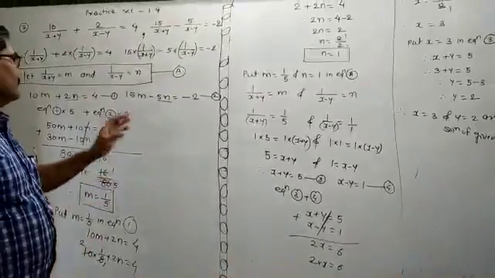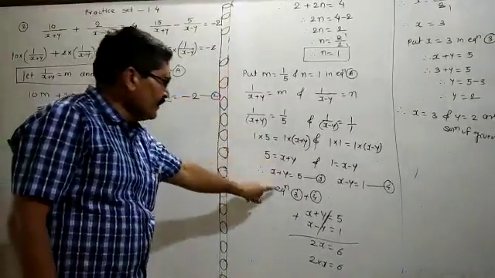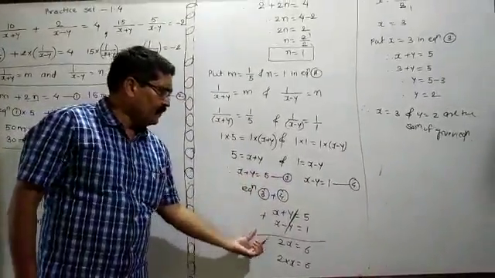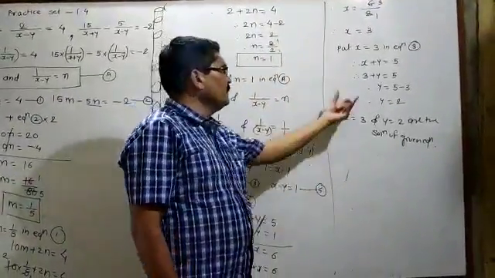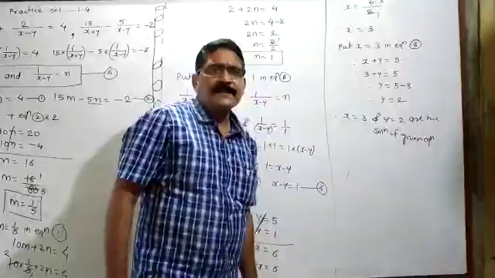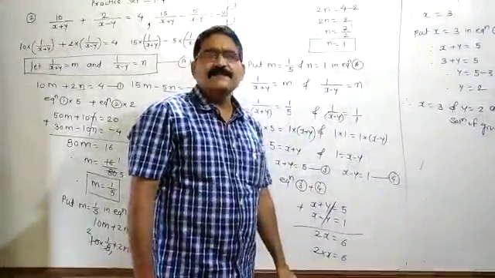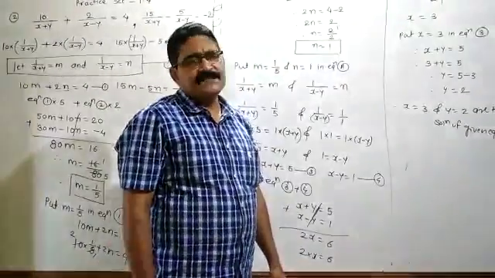If you put this m and n in equation A, at that time again you will get new equations, and if you solve these equations by elimination, you will get the value of x. If you put this value in equation 3 or equation 4, you will get the value of y, and in such a way you have to solve this example. I think this is a little bit lengthy example, but once you understand, this is very easy.